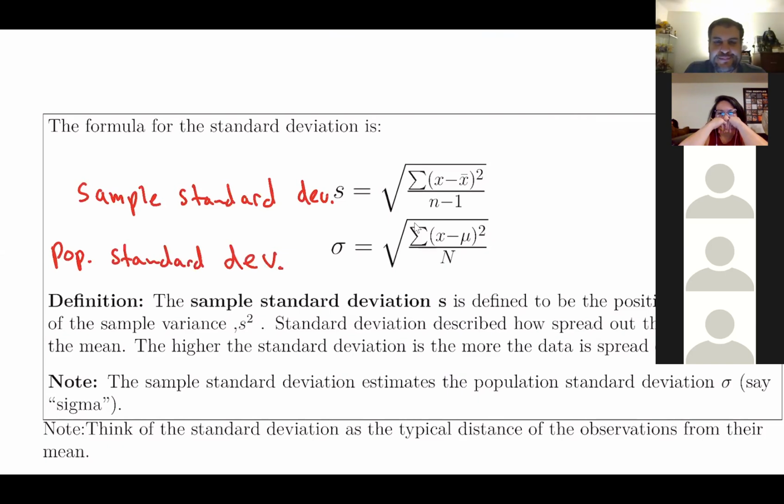All right. Cool. So if you look, s is your sample standard deviation. If you look at this one, this is the Greek letter called sigma. Sigma is your population standard deviation. All right. Any questions in regard to any of them?